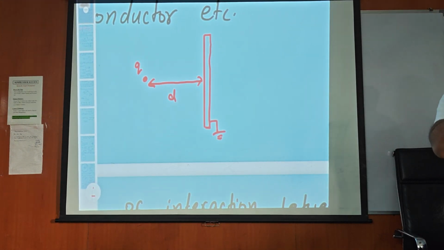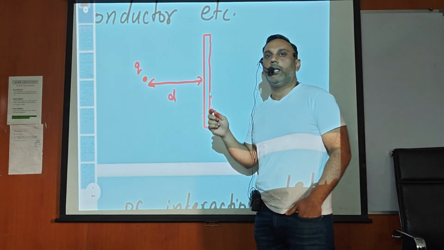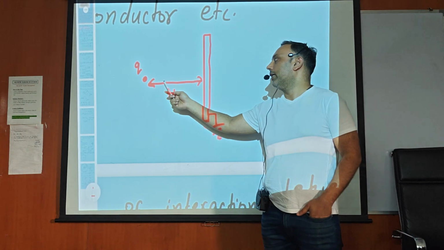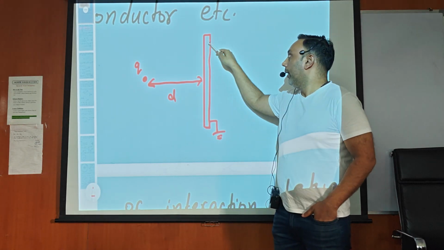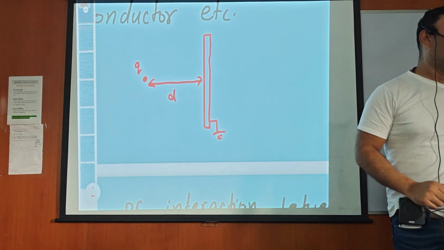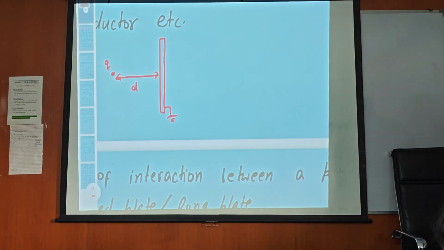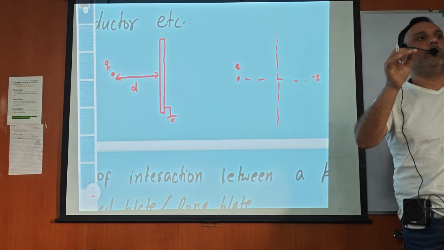So dear students, now see beta what to do. What was the configuration in the question? I am again repeating: the point charge was kept at a distance d in front of an infinite conducting plane. Now if you compare this with its equivalent configuration, which is 2 point charges q and minus q with the equatorial plane, then the electric field at each and every point should be exactly the same.